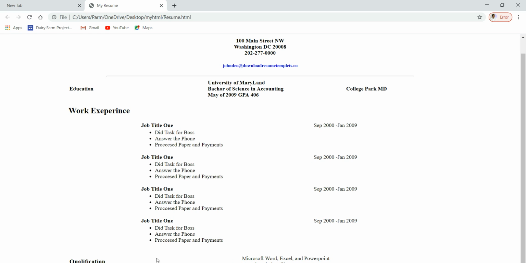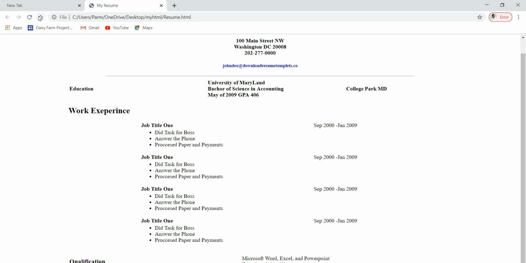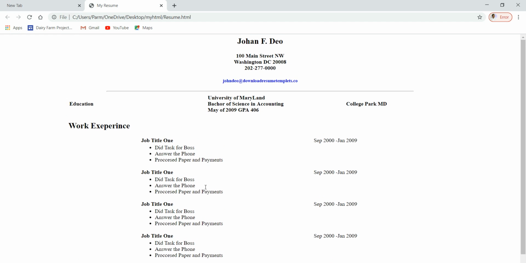So this 500 pixel is more space over there, so we simply reduce this space and bring it to somewhere around 200 pixel. Control S and go to this. Okay, so work.